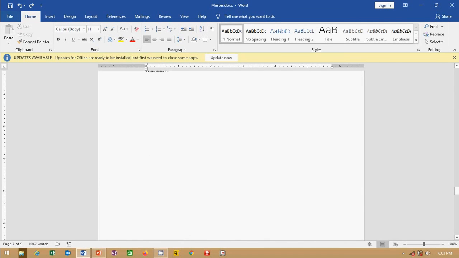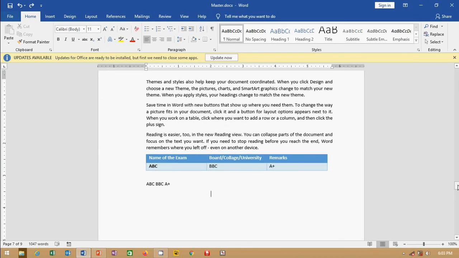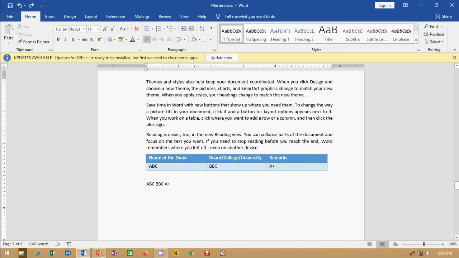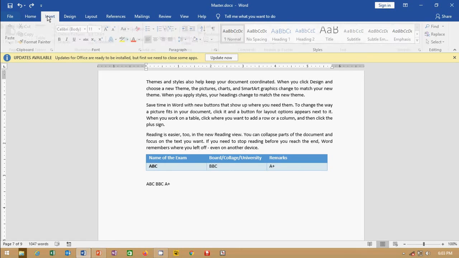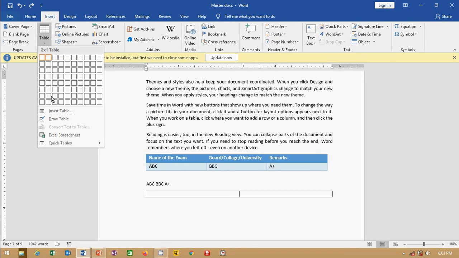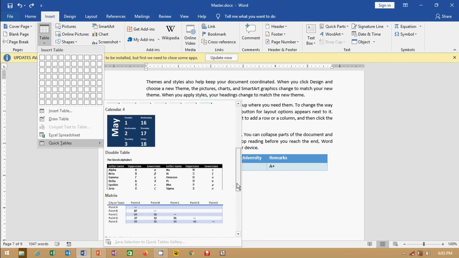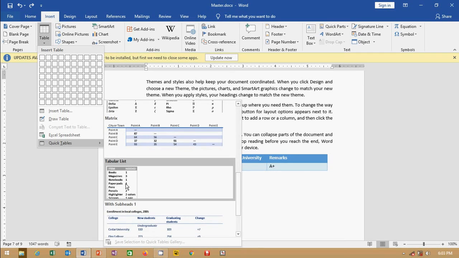It's very simple. Now I'm going to save my task, today's task. Okay. And lastly, quick table. Quick table is more important. Suppose I'm going to insert a quick table. Quick table is just like a table. Suppose you want to take any of the tables, suppose this one. I'm going to take here.